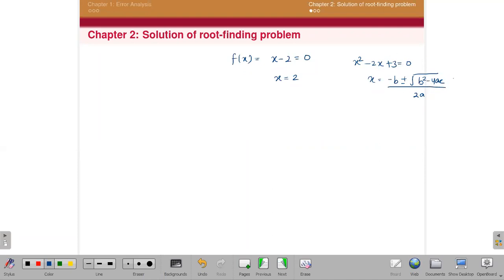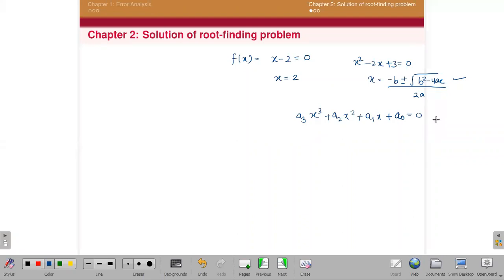So this is the simple way to find the roots of this quadratic equation. But now suppose you have a cubic equation, how do you find the roots of this type of cubic equation? You have to do hit and trial. You have to find one root by hit and trial, and then divide the cubic equation by that linear factor. You will get a quadratic equation again.